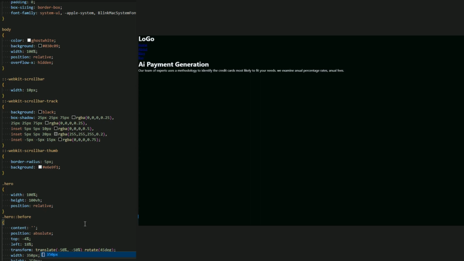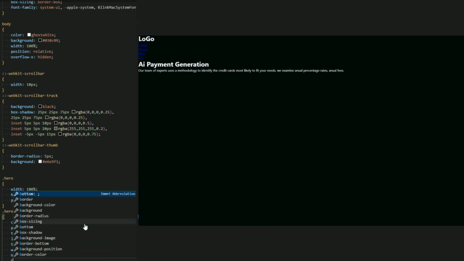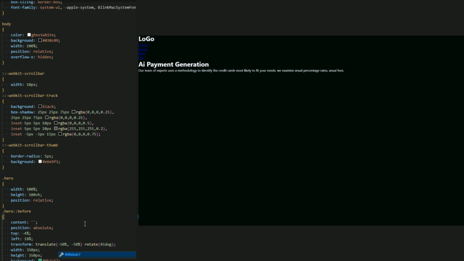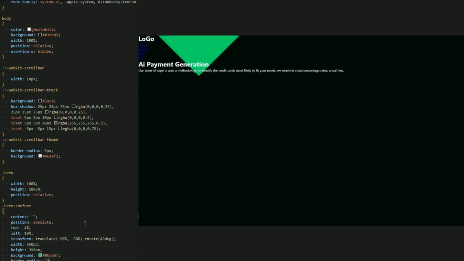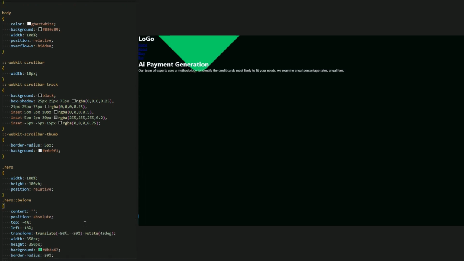There we go. Now let me add a background, and let me add a blur inside the filter. So the background color, let it be this color. Okay, this is our background, and the border radius to be a circle, 50%. And now the main part of this code, which is a filter to add a blur, and set it to 100 pixels.